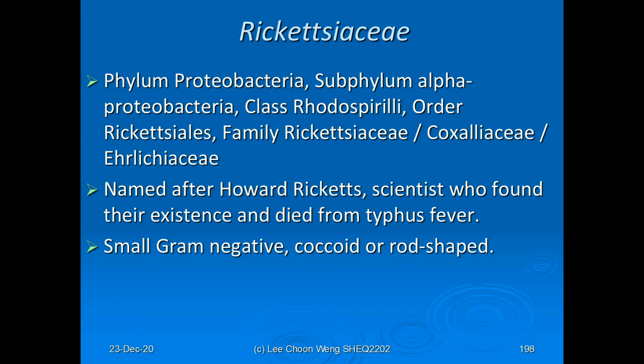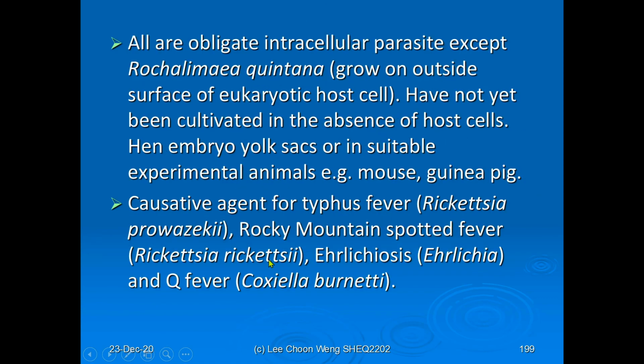In the order Rickettsiales, we'll be focusing on the bacteria in the families Rickettsiaceae, Coxiellaceae, and Ehrlichiaceae that cause certain categories of diseases. Named after Howard Ricketts, a scientist who found their existence and died from typhus fever. So they are small gram-negative coccoid or rod-shaped bacteria, and all are obligate intracellular parasites except Rochalimaea quintana that grows